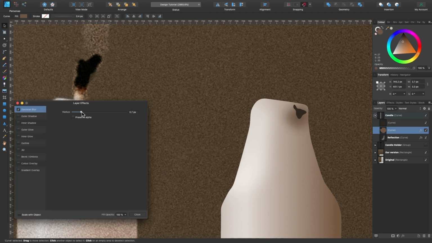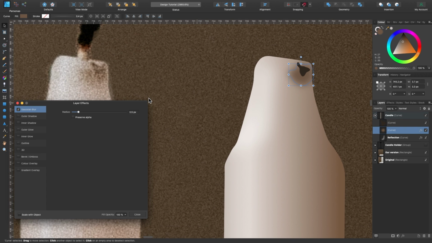Effects, Gaussian blur, bring it up. Let's have a look at the other one whilst we're doing this. Bring it up to about here. You can see it's kind of burnt the wax a little bit. And I'll do the same thing with the top layer. So effects again, Gaussian blur. I'll give that one slightly less of a Gaussian blur this time. I think they're a bit brown compared to this one, so I can change the color of these.